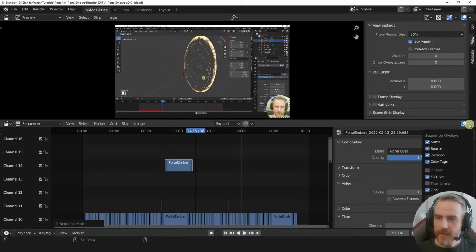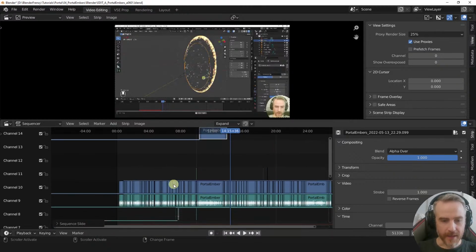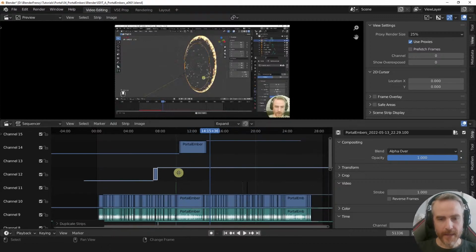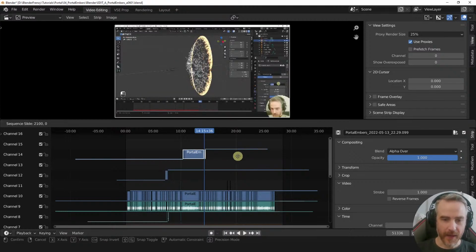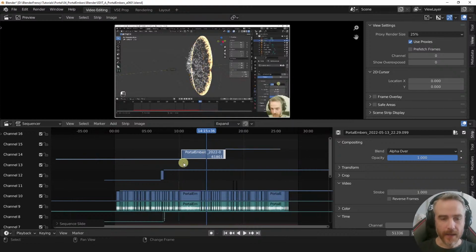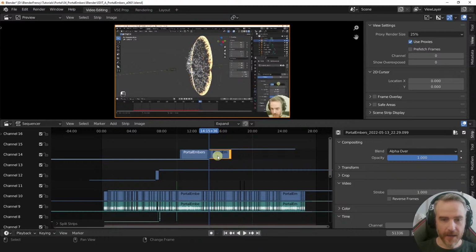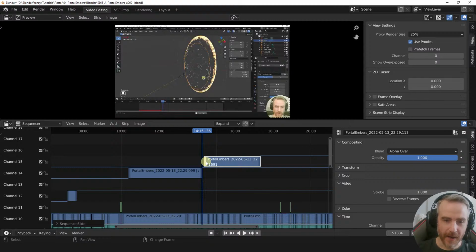If I go to my overlays, I can turn on offsets, and you can see each time I make a cut on one of these, I'll just duplicate this one up here too, it's not cutting the actual footage. The actual footage is the content inside the strip. The strip has handles that can show or hide as much of the content. You can see these offsets are where the rest of the content is, and the content is the original video that you imported. So a cut is basically just making a duplicate video. You see how you still have the whole video, but the strip container with the handles is what has